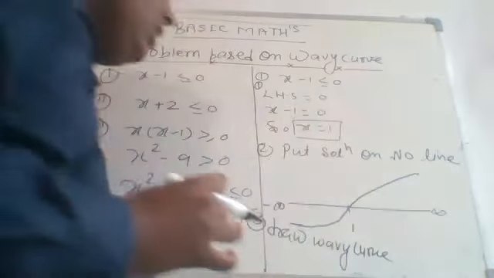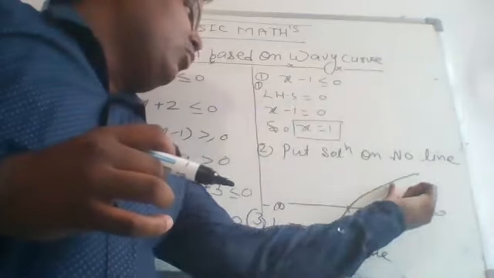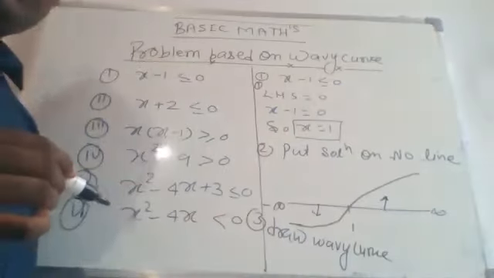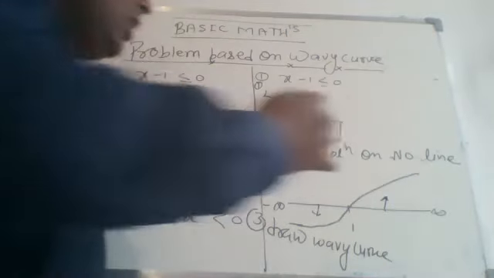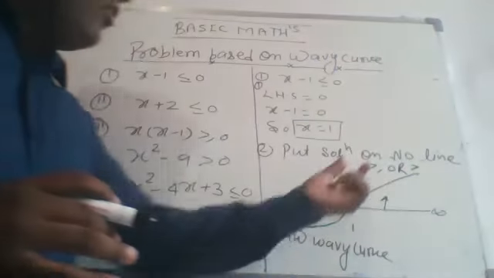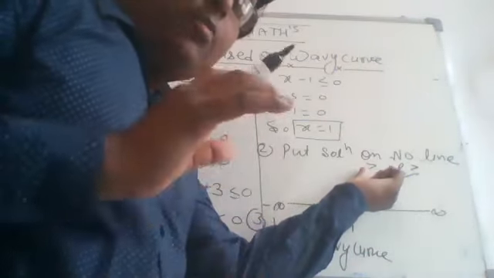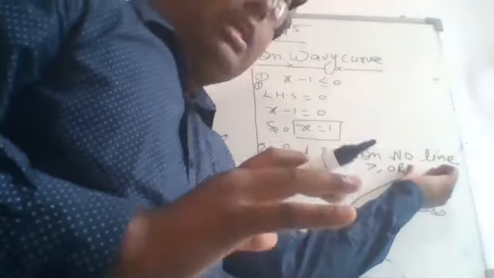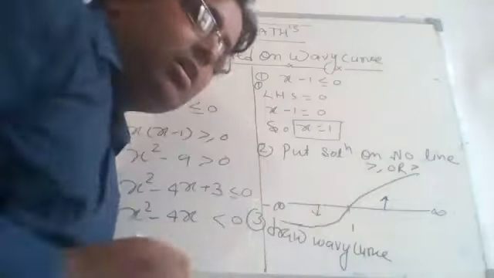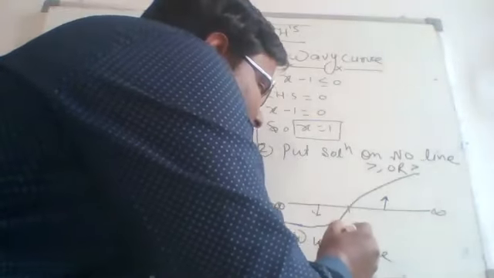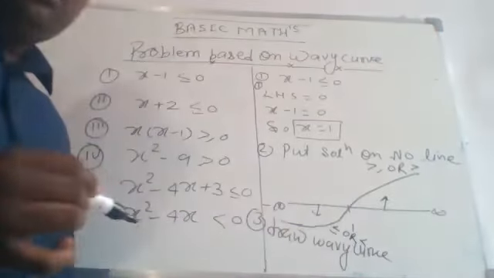Now, what do we have to see? Here we see that there are two portions in the wavy curve. Some portion is above the number line and some portion of the wavy curve is below the number line. The portion above the number line gives the solution for the inequality greater than or equal to, or only greater than. What is the difference between the two? In greater than or equal to we have to apply the closed interval, and in only greater than we have to apply the open interval, the small bracket. And the portion below the number line gives the solution for the inequality less than or equal to, or only less than. Is it okay to all of you?